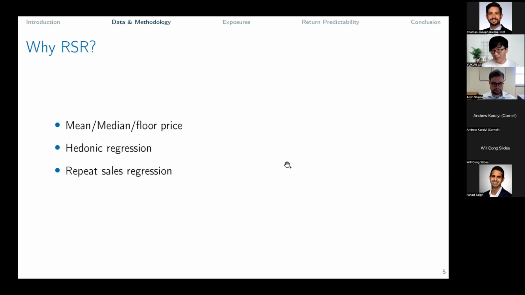Of course, the drawback of repeat sales regressions is that you need an asset to be traded at least twice to enter your regression. But this is less of a problem. For some of the less traded markets, like the art market, that might be a problem because you have very thin sales in any given period, such as a week or a month. But this is largely not a problem for the NFT market, because the sales volume in the NFT market is an order of magnitude larger, so we have more than enough data to do it.